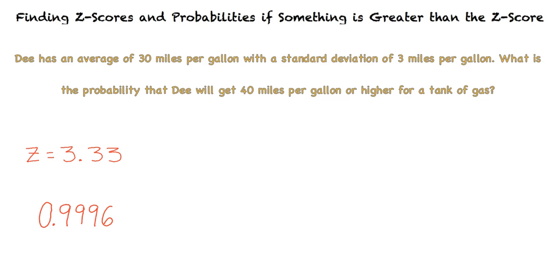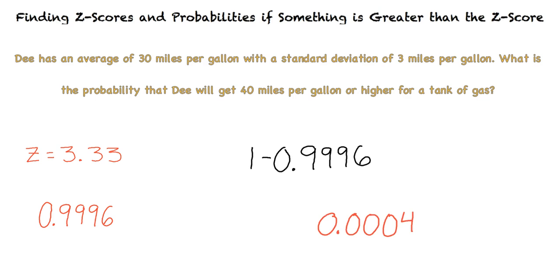I know. We are not done, but we're almost done. Less than is equal to 0.9996. Now, we have less, which is great, but we need greater than. Less than and greater than are opposites, so we're going to do 1 minus the probability of less. And now we can do 1 minus 0.9996, and we will get